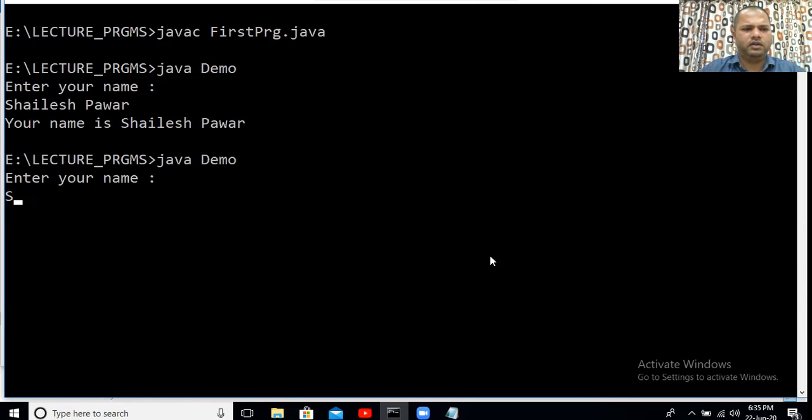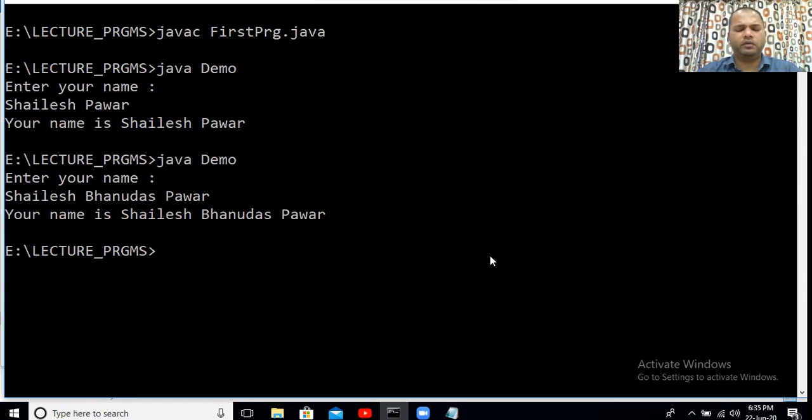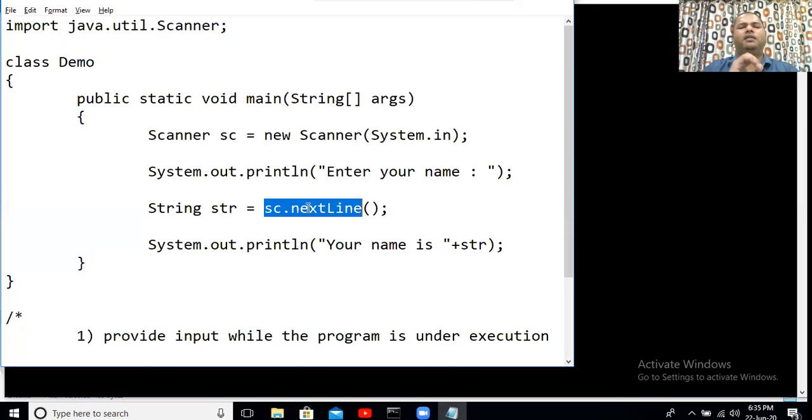I'm going to enter our name, Shailesh Bhanudas Pawar, and now I'm going to press the enter button. As you can see there, my entire name is being printed on screen. So till you press the enter button, whatever data you have typed on the screen is going to be accepted by the nextLine method, and it is going to get stored inside str.